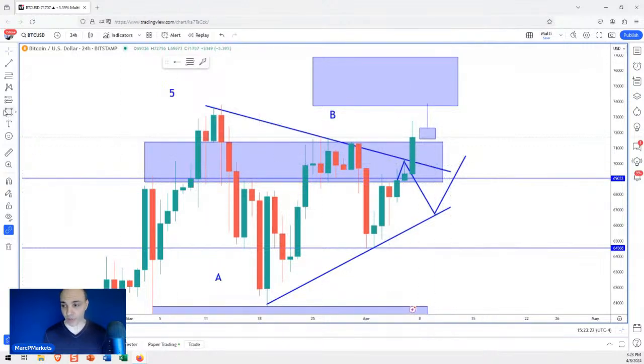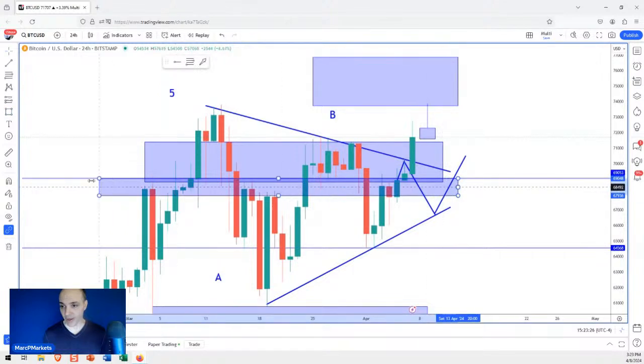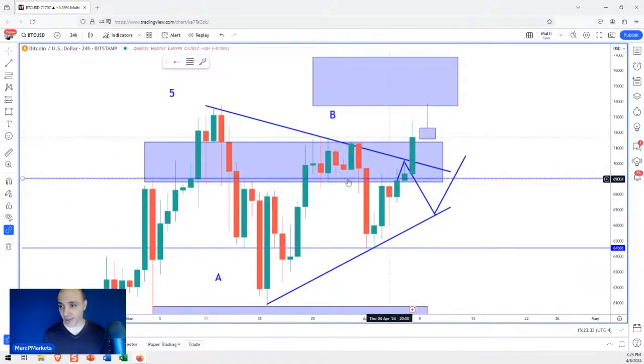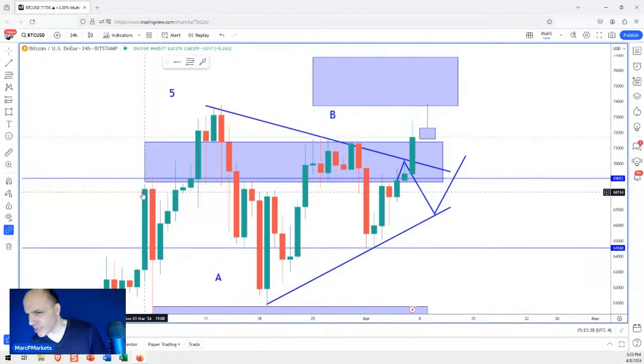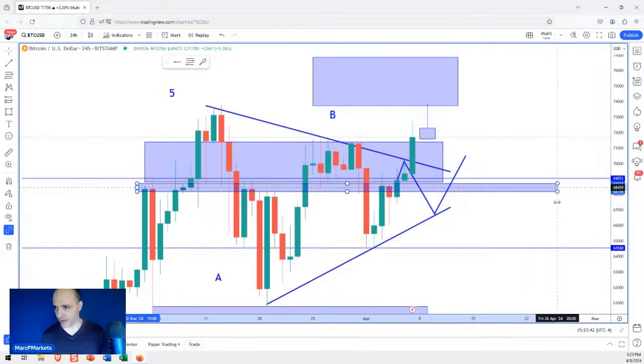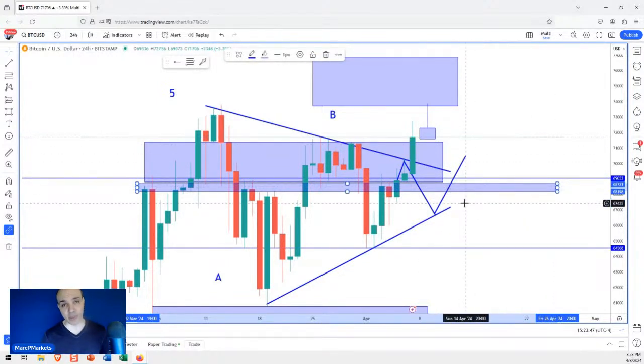Okay. And the first place that we could possibly test is the midpoint of the range, because when markets are range bound, they tend to gyrate around some sort of average price. That is usually the midpoint. All right, so the midpoint in this range right here is around 68.5. It's around this area right here, right? This is the midpoint area right there. So if we're going to pull back, that's a good place to measure potential from, especially if you're going to day trade or swing trade short, for those that are aggressive counter trend traders.